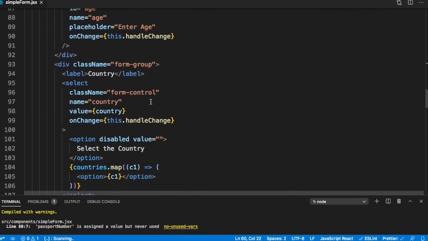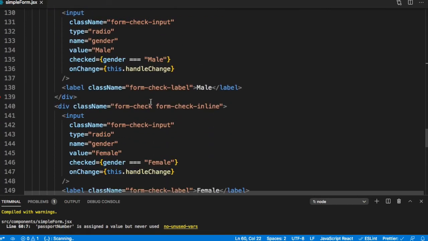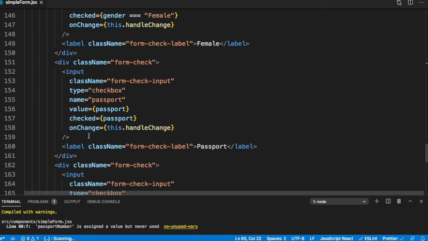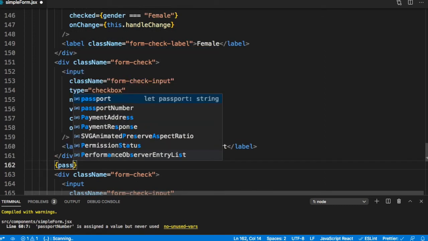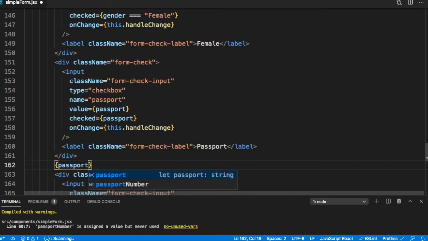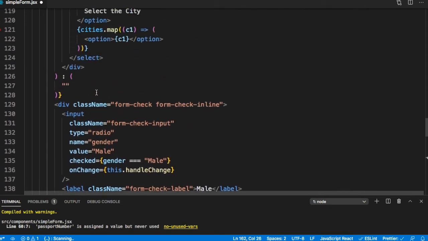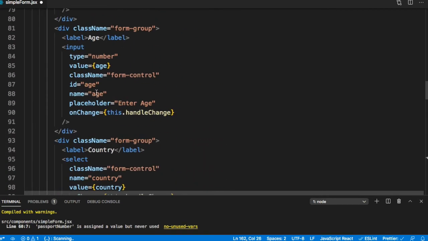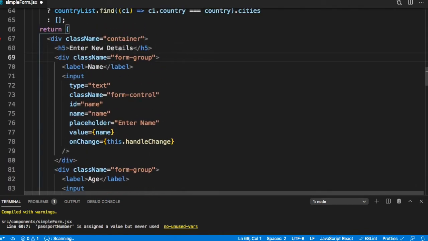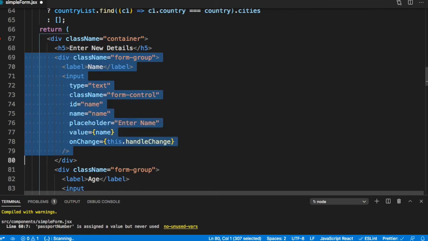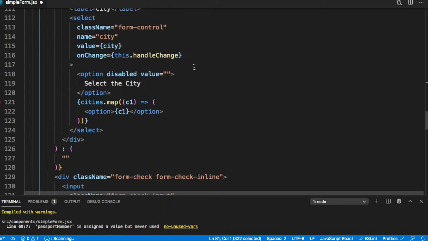And what do we want to do below the passport? So this is where the passport was. So if passport is true, then we want to show that text field. Otherwise, we don't want to show it. So let's copy a text field. We had put in a text field, say for name. So let me just copy that. And we will make the suitable changes to it.